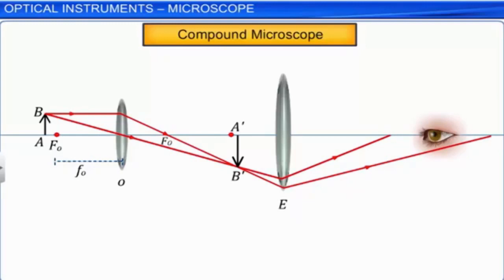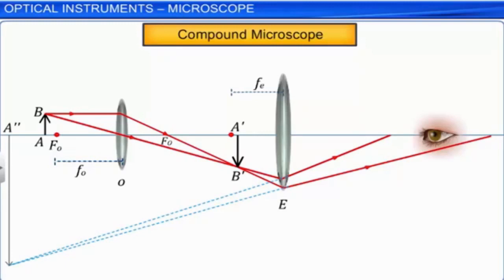Let the height of the object AB be h and the height of the image A'B' formed by the objective be h'. Let us also define the tube length L of a compound microscope as the distance between the second focal point of the objective and the first focal point of the eyepiece. If M_O is the magnification due to the objective and theta is the angle that the ray refracted by the objective makes with the principal axis, then M_O is equal to h' by h and tan theta is equal to